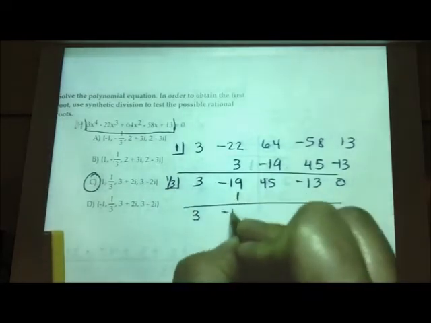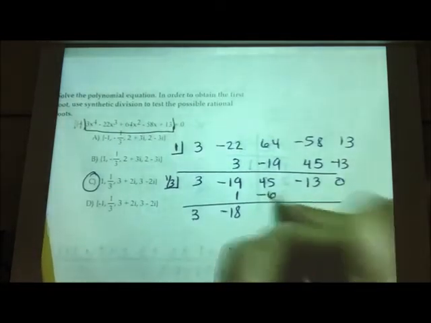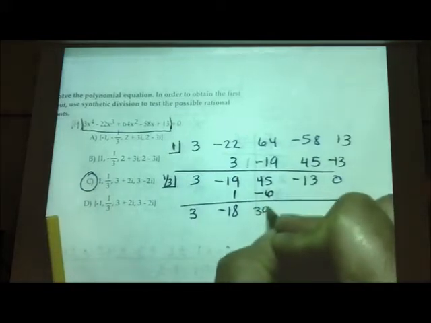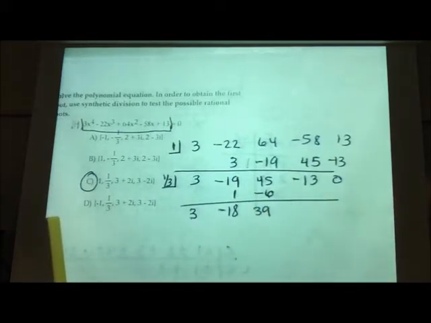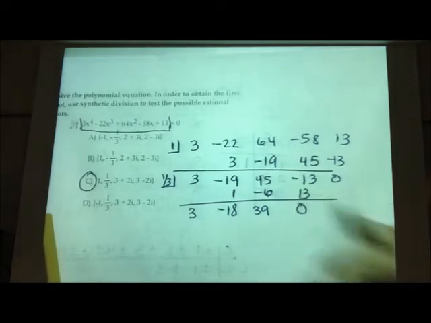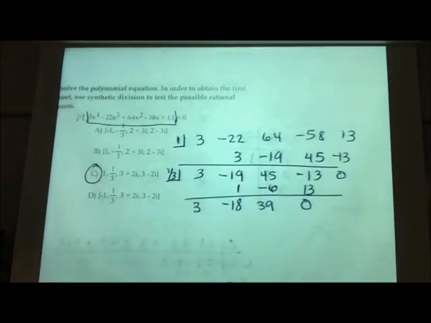And this becomes a negative 18. Negative 18 times a 1/3 is a negative 6. 45 minus 6 is a 39. 39 times 1/3 is 13, and that is a 0. So that's how I know those two work. And once again, if 1 and 1/3 appear on two problems to be the same, then you would have to